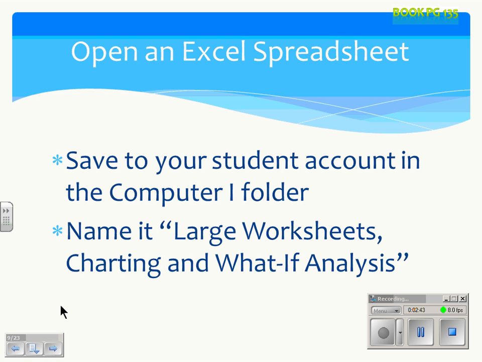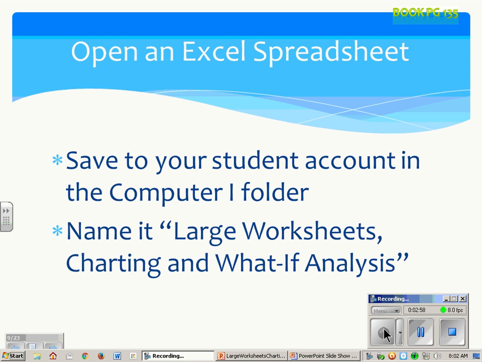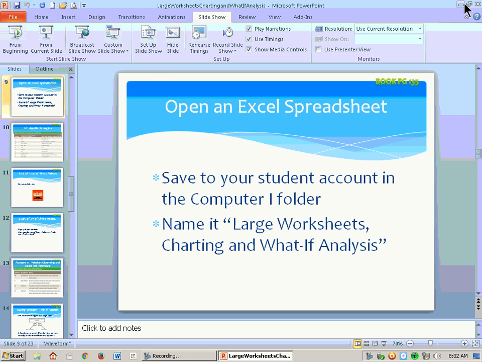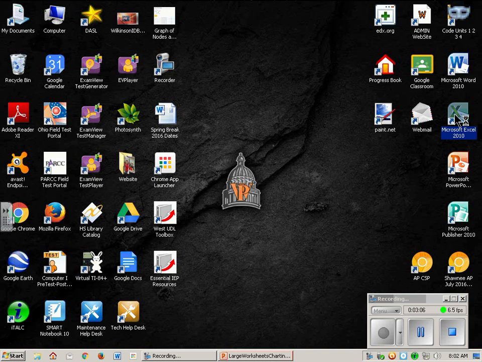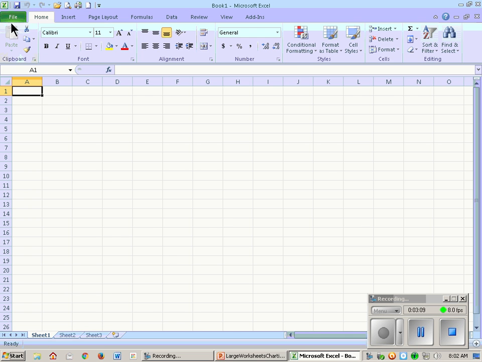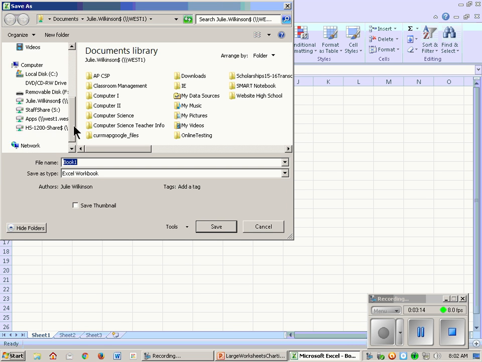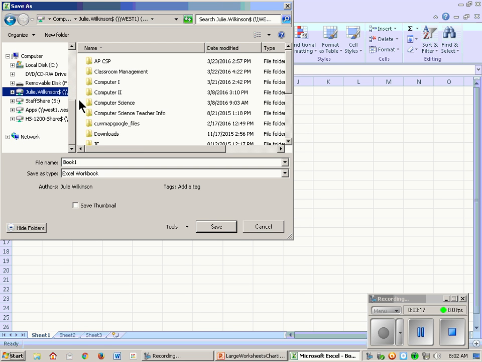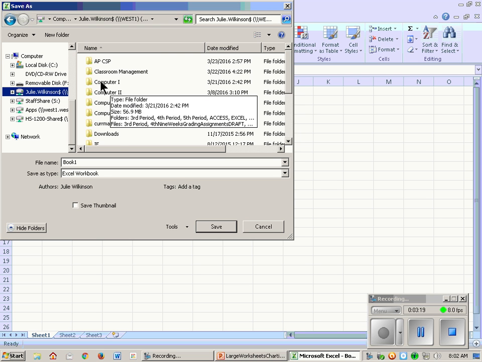Open an Excel spreadsheet, save to your student account in the Computer 1 folder, and name it Large Worksheets, Charting, and What-If Analysis. I'm going to do that now. So I'm going to open up an Excel spreadsheet, and I'm going to click on File, Save As. I'm going to find my name on the left-hand side. I'm going to find my Computer 1 folder,